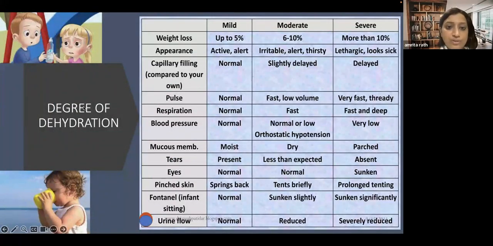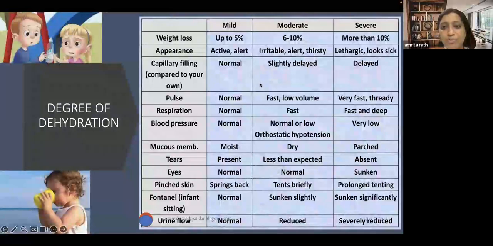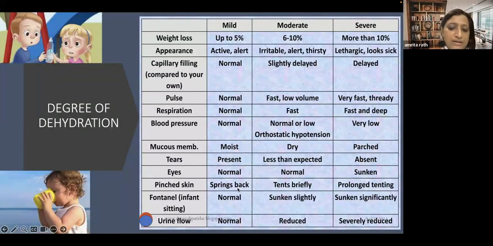Dhania was asking how do you measure the degree of dehydration. This is a table you should remember, or to some extent important points you should remember. If the patient's capillary refill is normal, and the mucous membrane is also moist, but the skin pinch springs back, overall it is more or less normal. Only a mild degree is defined as less than